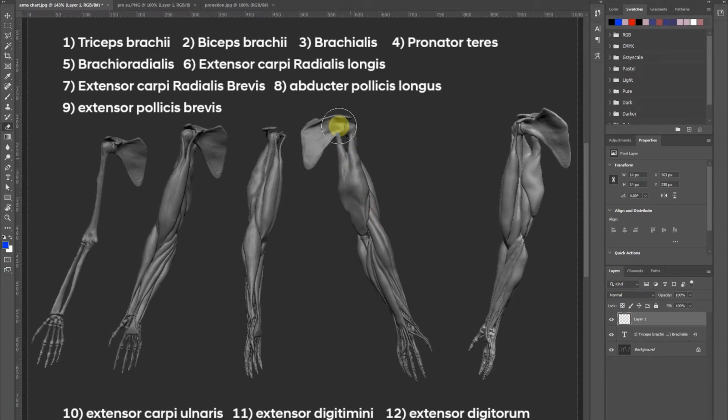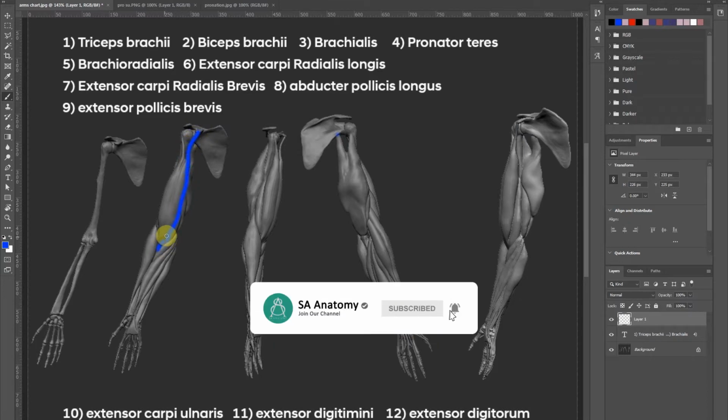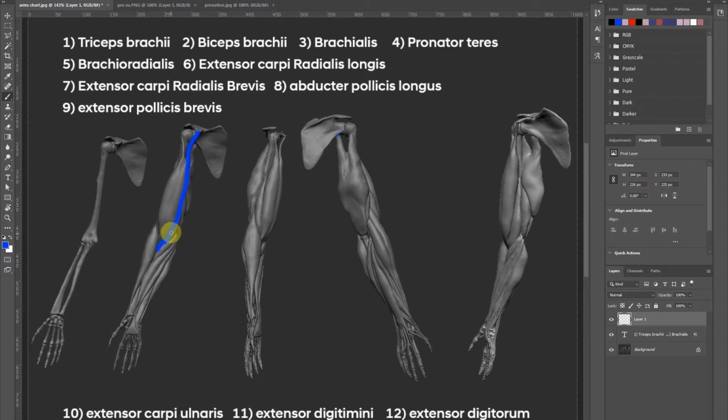Okay, so the biceps, it's biceps, so it has 2 heads. So bi, which is 2, and tri is 3. That's how you can remember them. So if you look at the images, you can see the origin. So the first head originates from the coracoid process, and then it inserts. So the insertion and